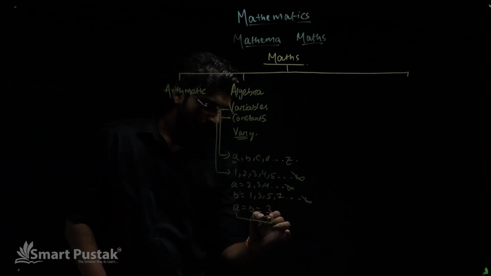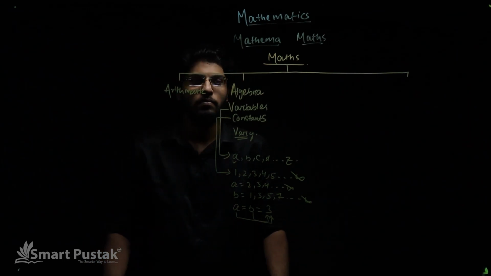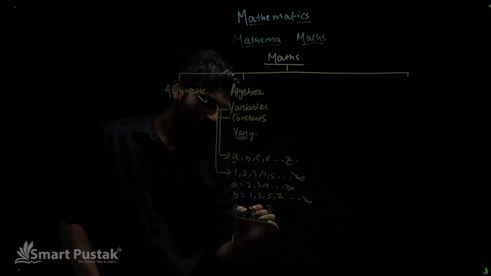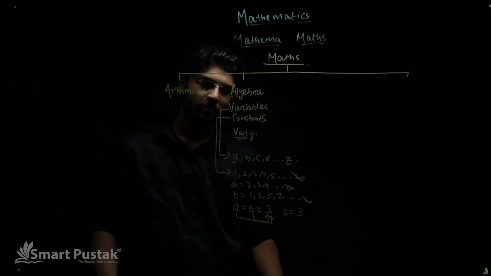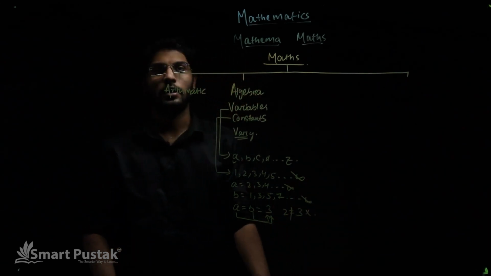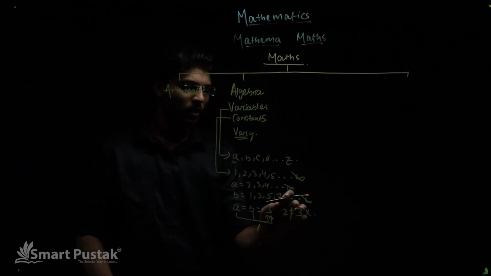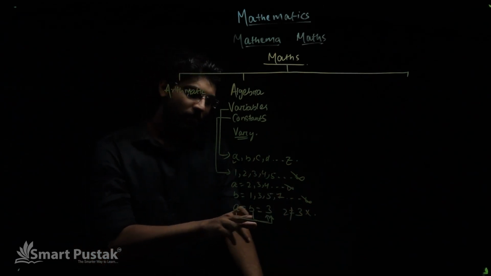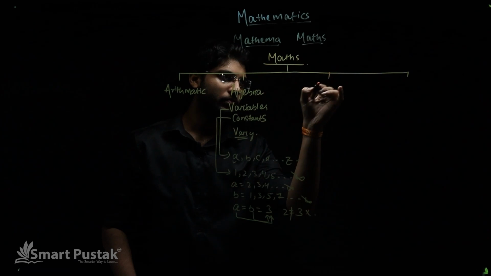Now, the necessity of these variables and constants we will study in detail in our chapter on algebra. Anyone can say that a equals b equals 3, but can anyone say that 2 equals 3? No, because 2 equals 3 is not correct. It is universally false, because these are constants. The value of 2 is 2 itself and the value of 3 is 3 itself. But for variables, the values may change. So this is the brief description of algebra.